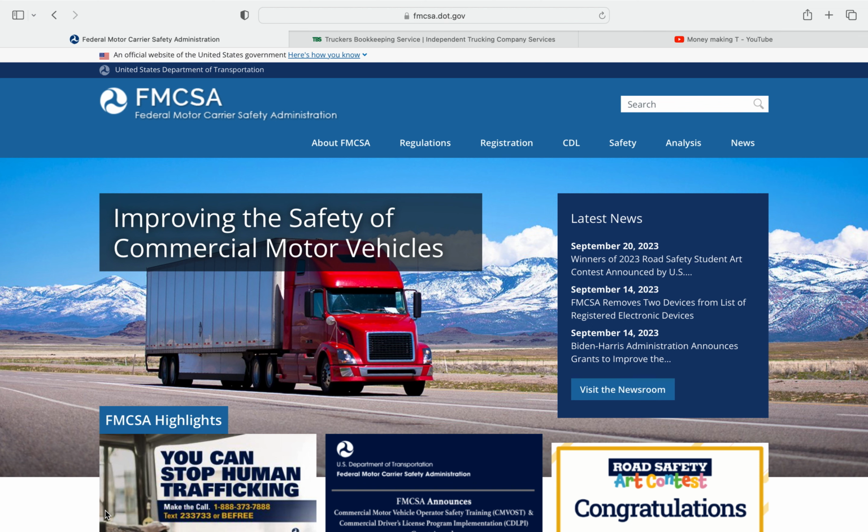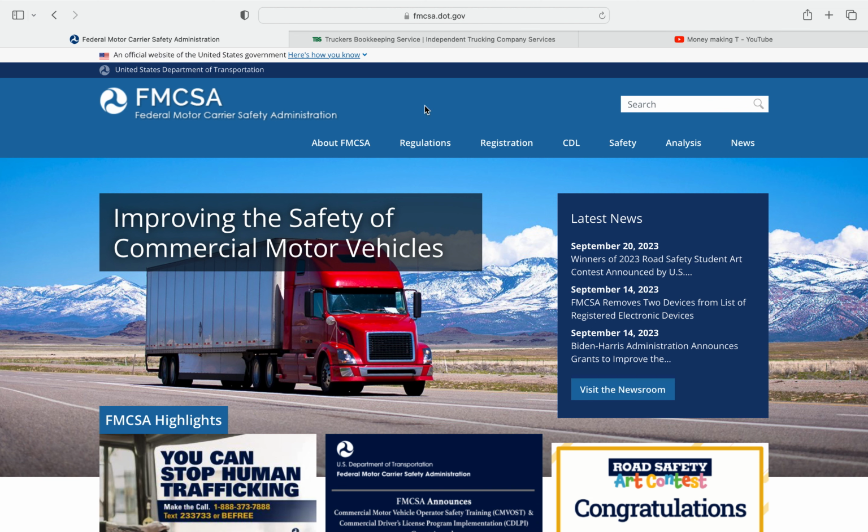All right, so the second thing you're gonna need is a BOC3. What this filing does is basically give you an agent in every state that can accept paperwork on your behalf, just like if anybody's trying to send you paperwork for lawsuits, tax issues, just general inquiries. You have to have somebody other than yourself or anybody in your company that can accept this paperwork on your behalf just in case you're not there. That's just something you can file.